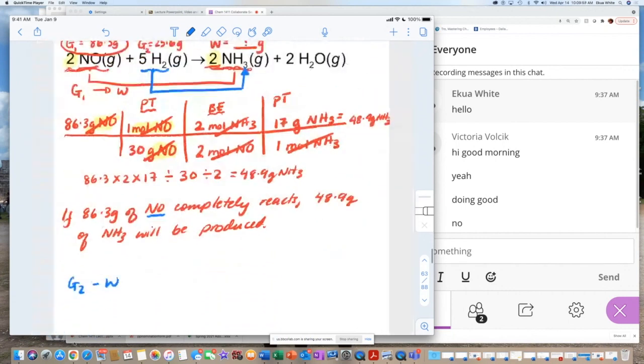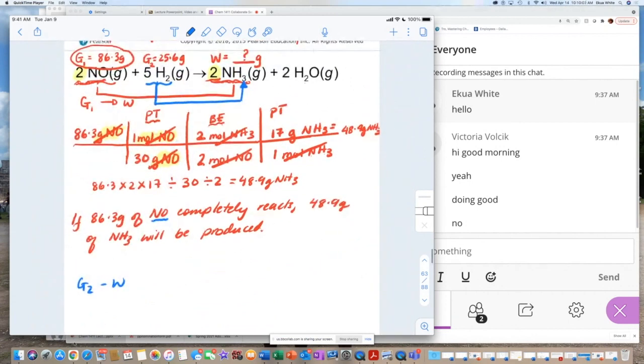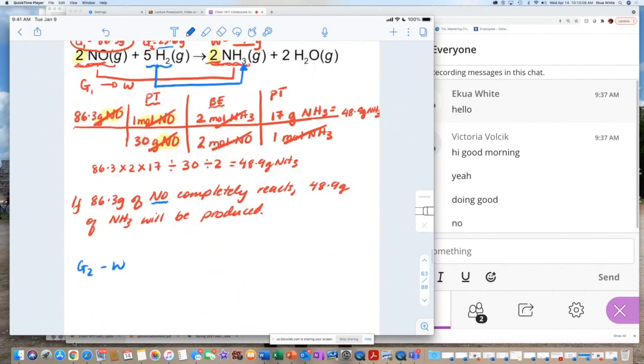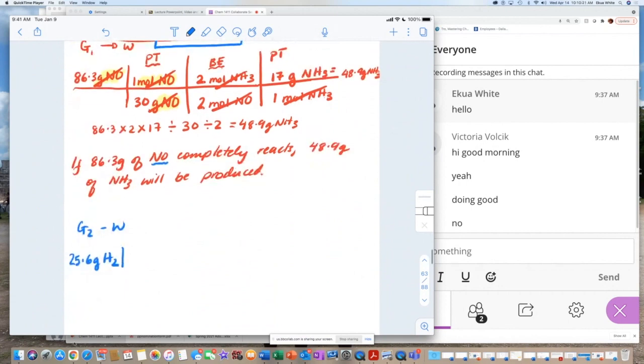Okay? So G2 and W. For that to work out, my starting amount is 25.6. I have to zoom in so I can see the numbers. 25.6 grams of H2 react. In this case, what we're trying to say is assume hydrogen is the limiting reactant. So all of it has to react. If that's the case, then what happens? So we're going to do again